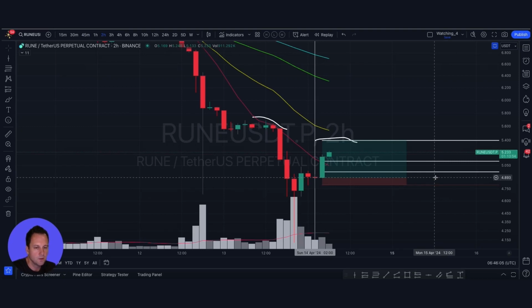With the way the jewel signature looked there, the way this candle closed, there's an argument for aping in. That's something that you've got to decide on your own using your own TA skills. No matter what you do, there's going to be times where if you look for the better entry, you're going to miss it, and that's just part of the game. In this case, basically no stop loss was needed. Market buy at the time of the alert, blasted up through TP2 in the first 2-hour candle,